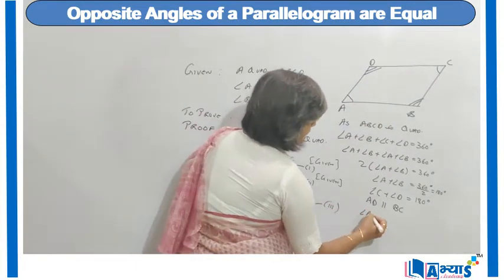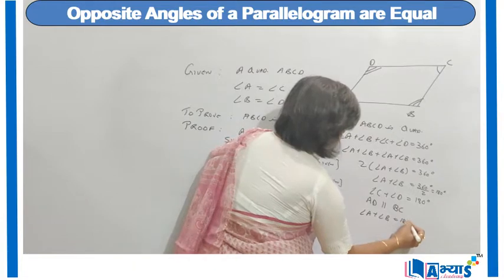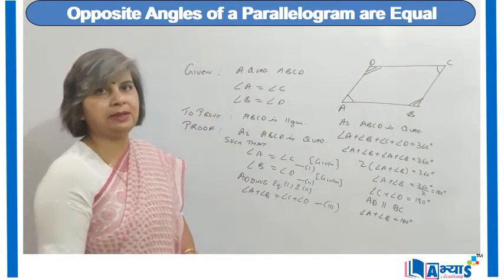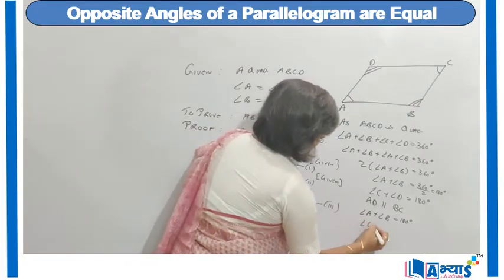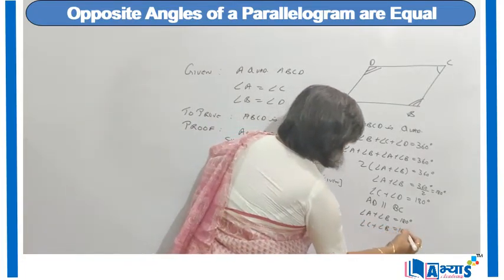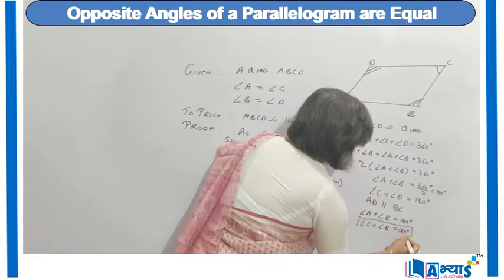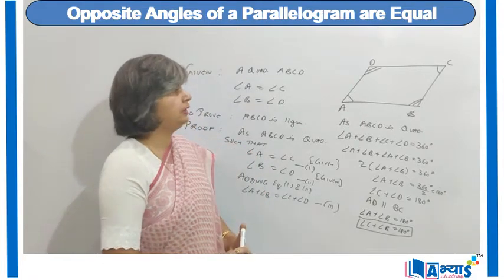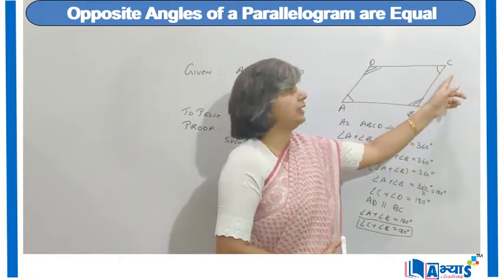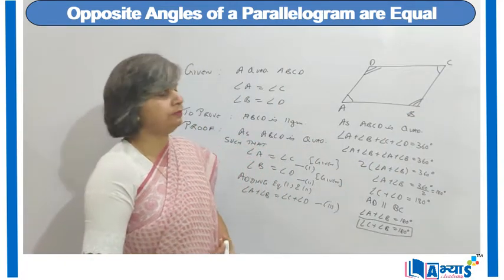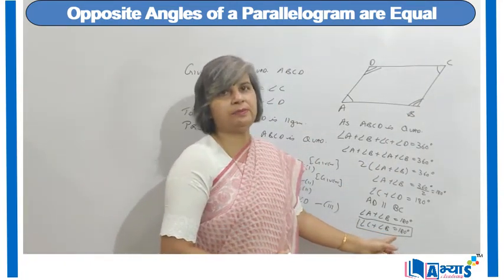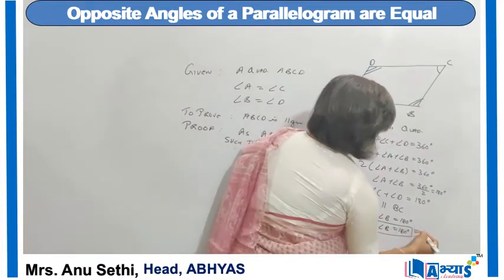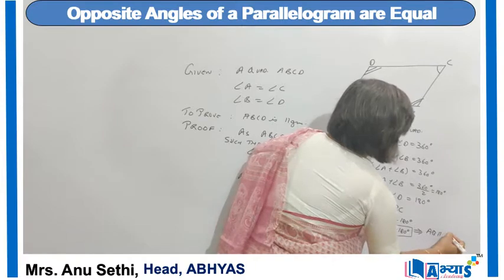Angle A plus angle B is equal to 180 degree. And we know that angle A is equal to angle C. So we can replace angle A with angle C and we will get angle C plus angle B is equal to 180 degree. But angle C and angle B will be co-interior angles when AB and CD are the straight lines and BC is the transversal cutting them, as they are supplementary, that is their sum is equal to 180 degree. So we can say that AB is parallel to CD.